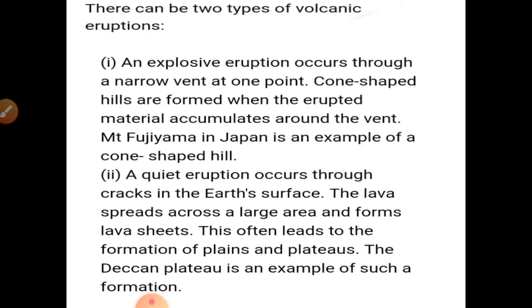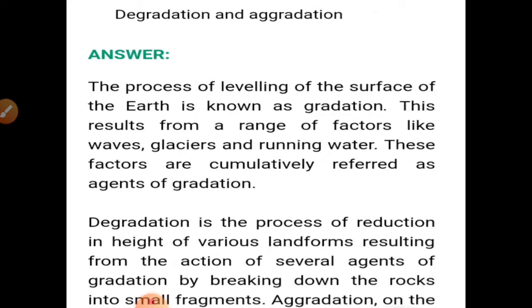distinguish between degradation and aggradation. Okay, so what is degradation and what is aggradation? So the process of leveling of the surface of the earth is known as gradation. This results from a range of factors like waves, glaciers and running water. These factors are